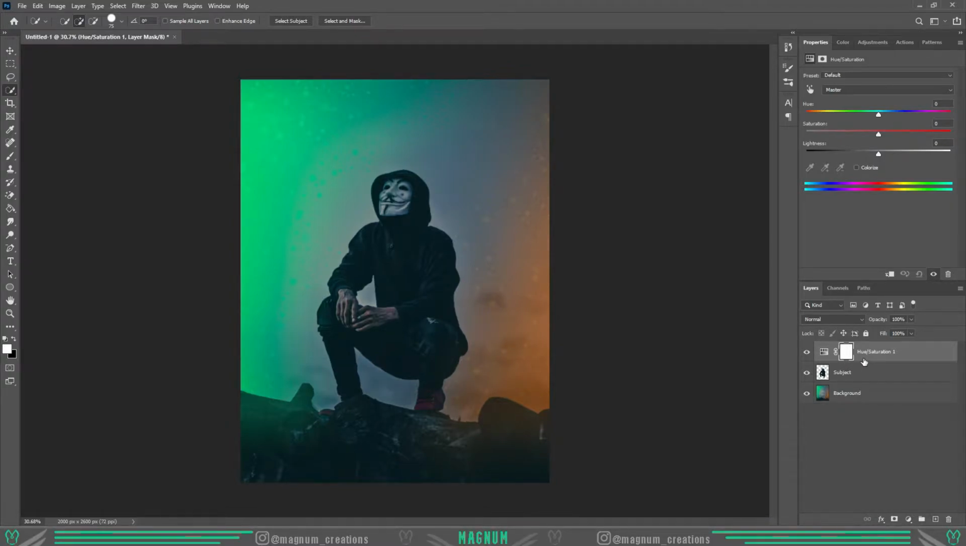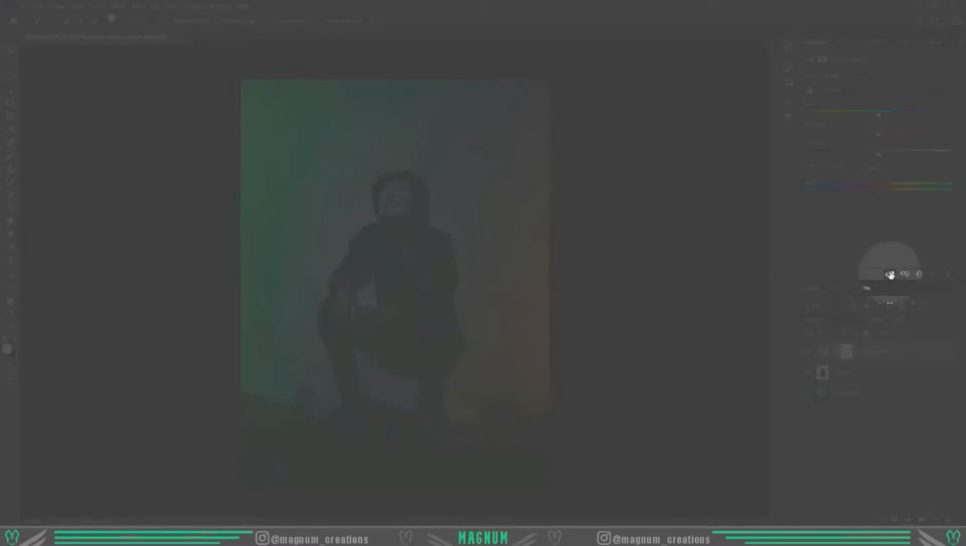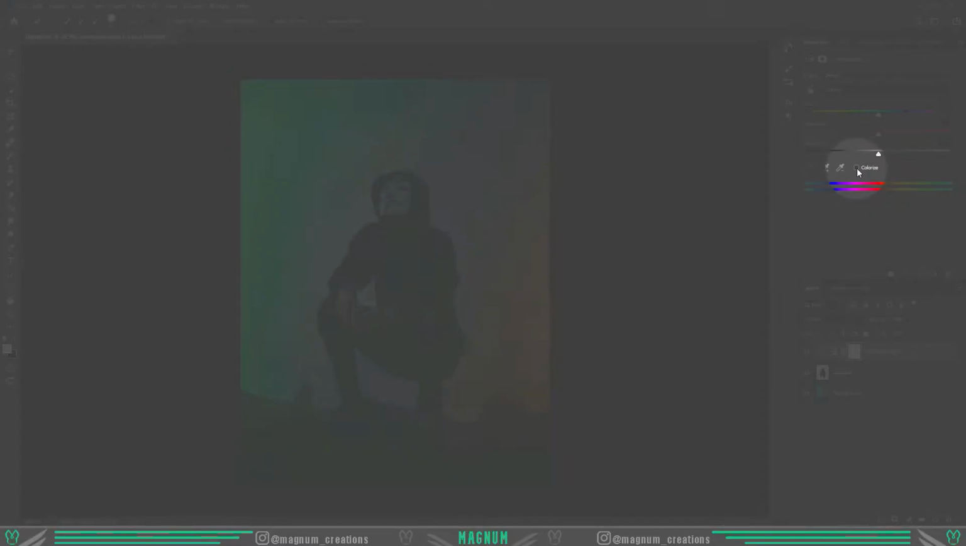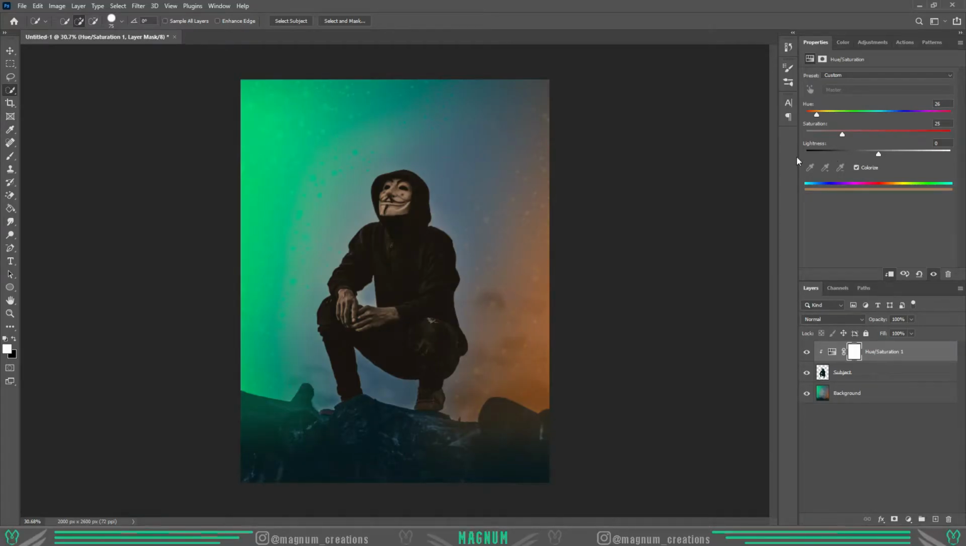subject layer. You can do it by holding Alt and clicking between them, or just checking this little icon right here. Furthermore, in the Hue and Saturation Properties tab, you need to check this box where it says Colorize, and after that you have to match the color with the highlights. Remember that the highlights on the subject can never be brighter than the light source itself, so adjust the saturation